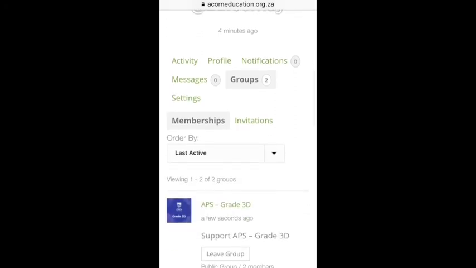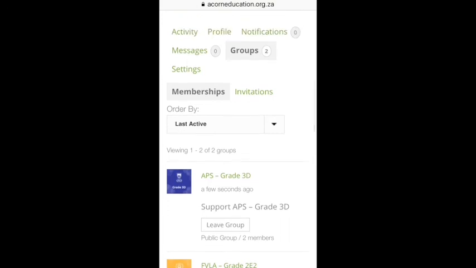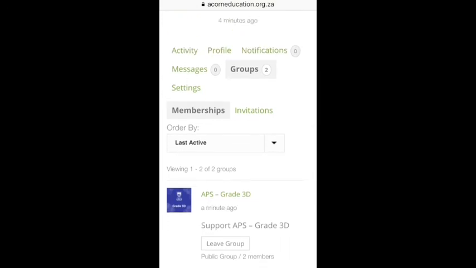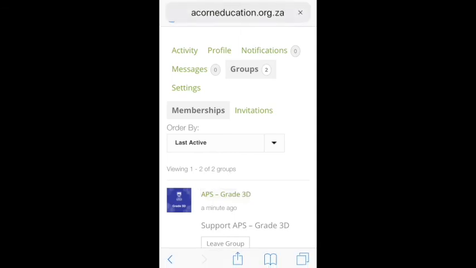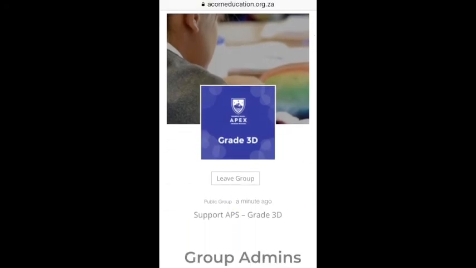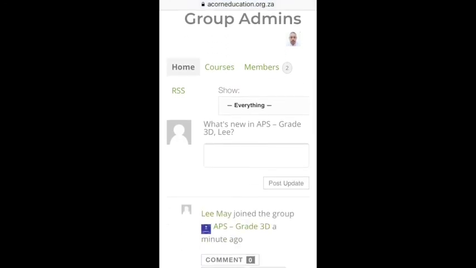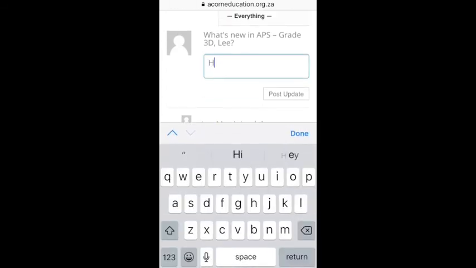And this is where I'm going to message my teacher when I want to say hi and I want to talk to her. So here's my Apex Primary School grade 3 group. I'm going to tap on that. And I'm going to send my teacher a message. Over here when it says what's new in grade 3D Lee, this is where in this block I'm going to type in and I'm going to say, hello teacher,